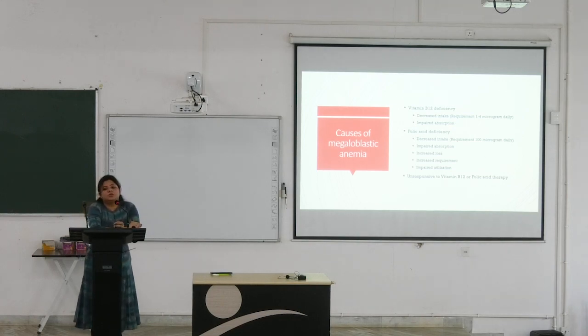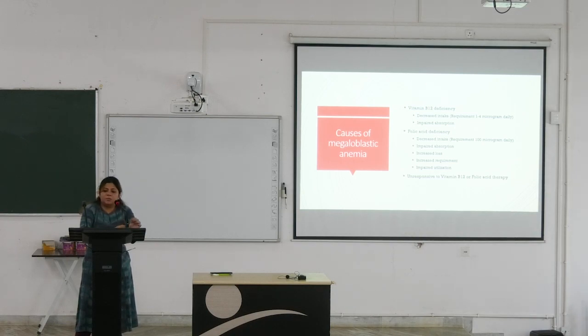Now, what we need to remember is that the vitamin B12 stores in the body, the hepatic stores of vitamin B12, are usually enough for 3 to 5 years. So a person needs to not take in any vitamin B12 for about 3 to 5 years to actually present with the nutritional deficiency. So mostly, if the macrocytic anemia is caused by vitamin B12 deficiency, it is due to impaired